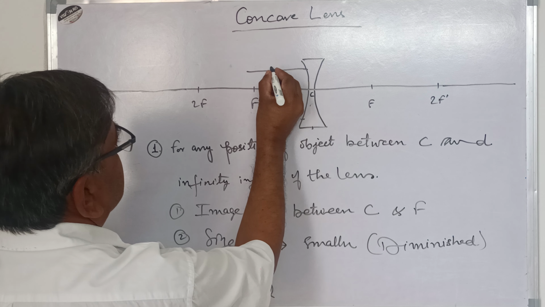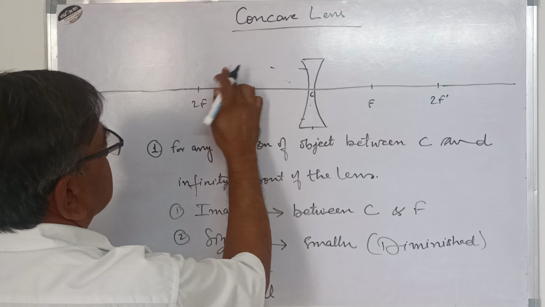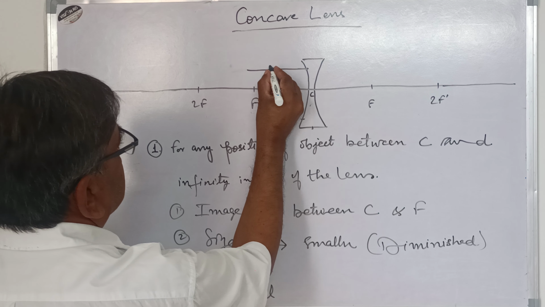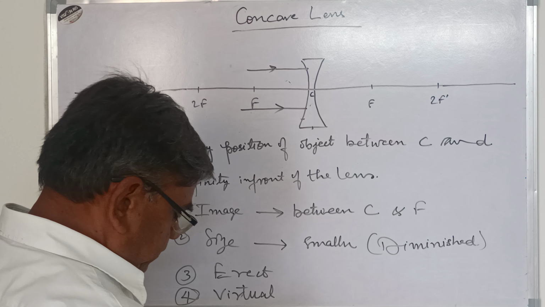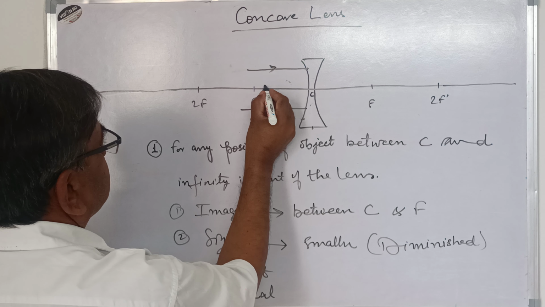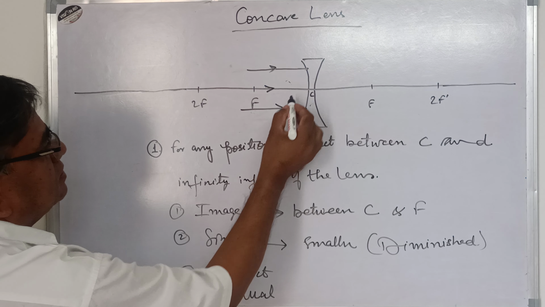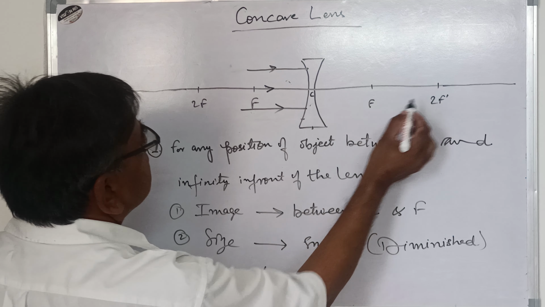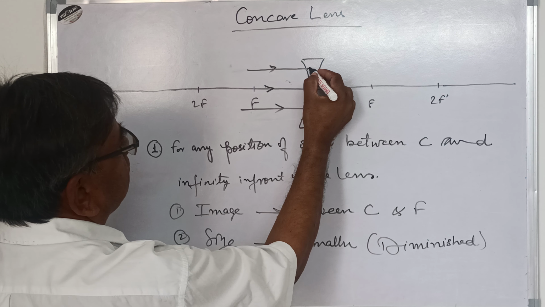These are coming and falling on the lens, coming parallel to the principal axis and falling on the lens. This is also a ray along the principal axis. So what happens? This will go undeviated, and these parallel rays will follow the path,